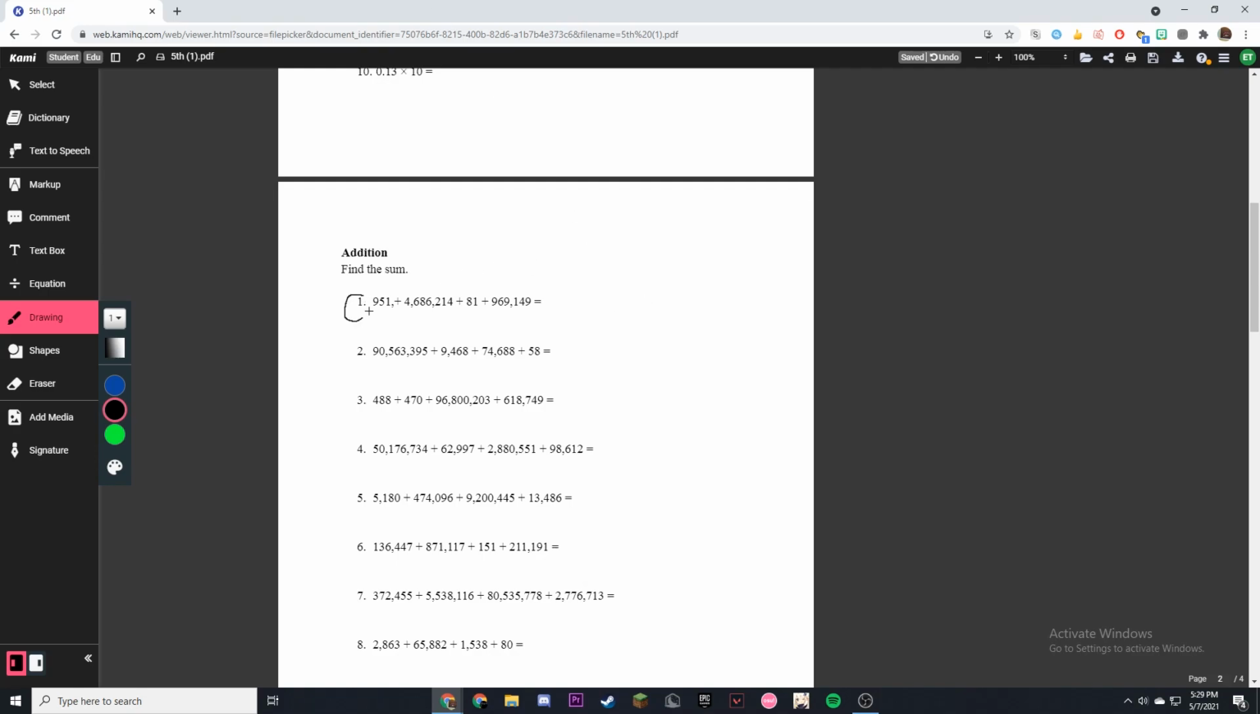So for number one, we have 951 plus 4,686,214 plus 81 plus 969,149. So what I like to do is order the numbers from greatest to smallest, from top to bottom, so it's easier to read. So the first number we have is